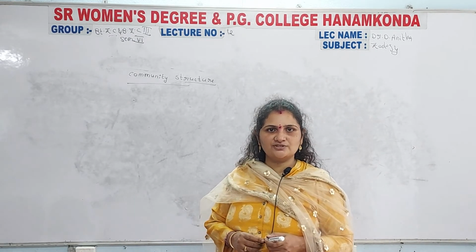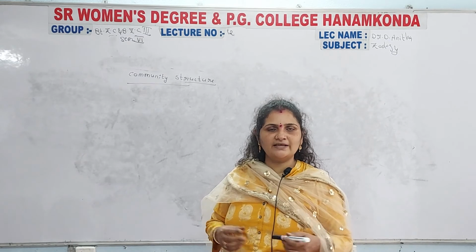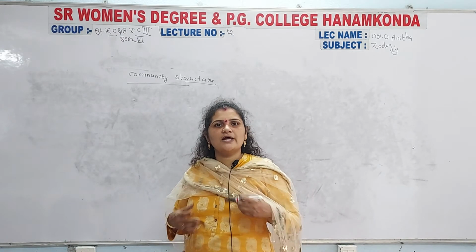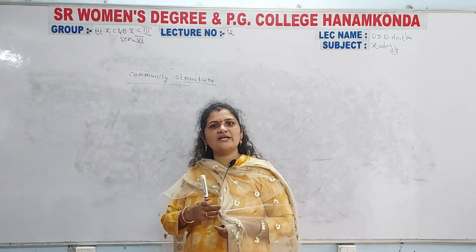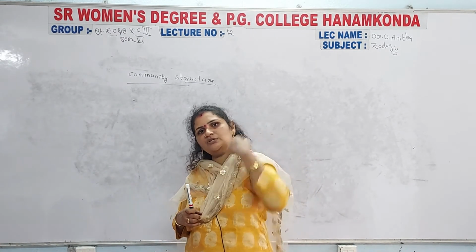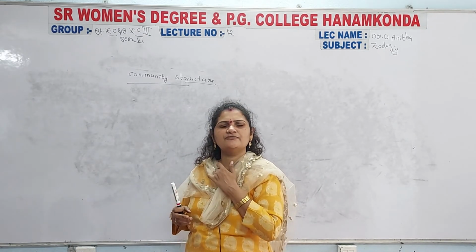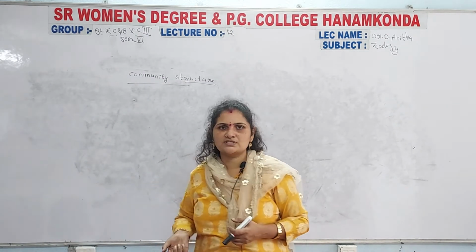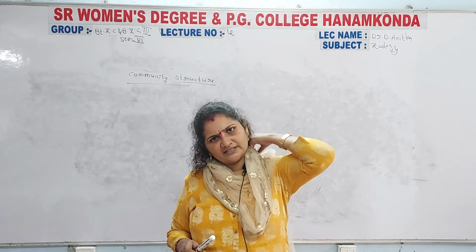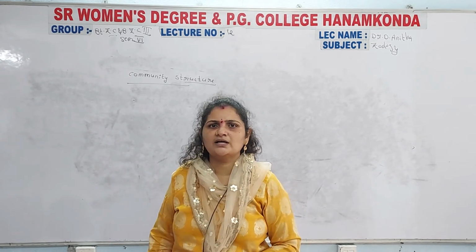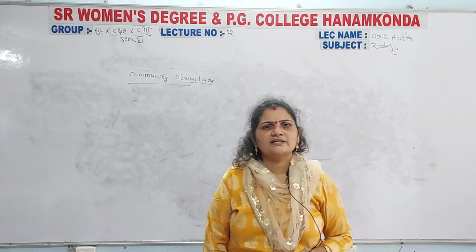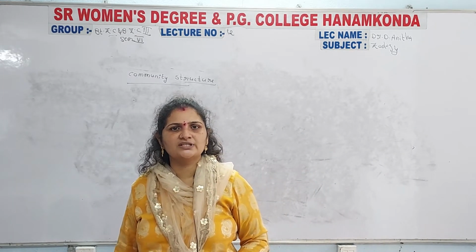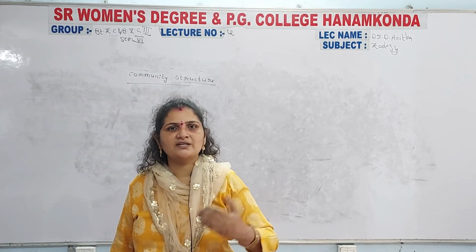A plant community, an animal community, a microorganism community, a parasite community. So particular communities are there for each and every organism. Different organisms coexist in an ecosystem, mainly based upon the food chain. You know very well about the food chain and the food web. One organism depends upon another organism.